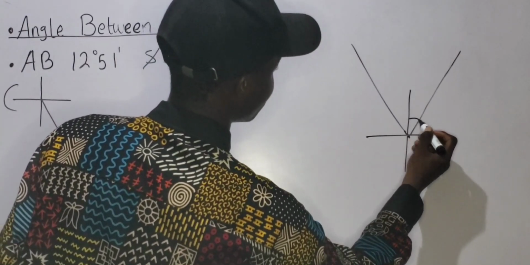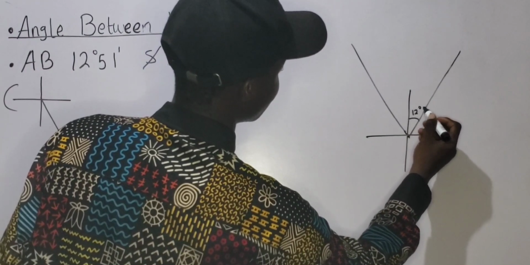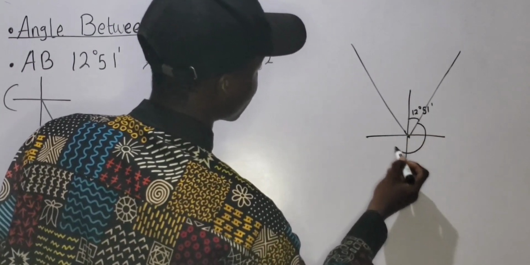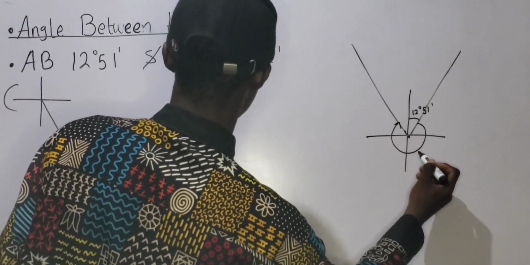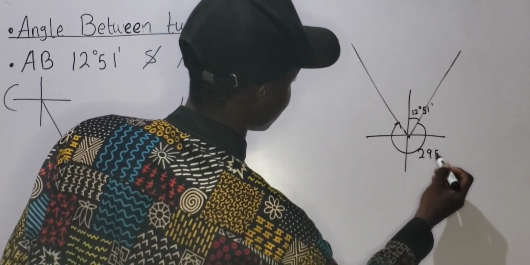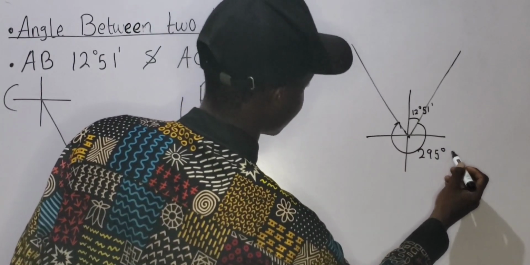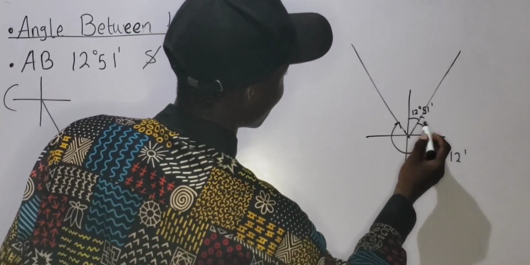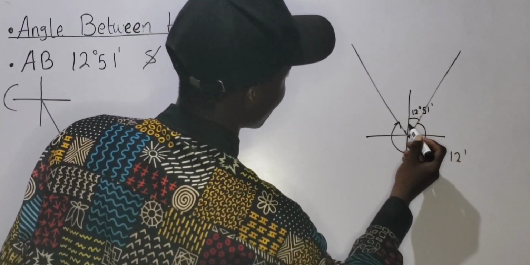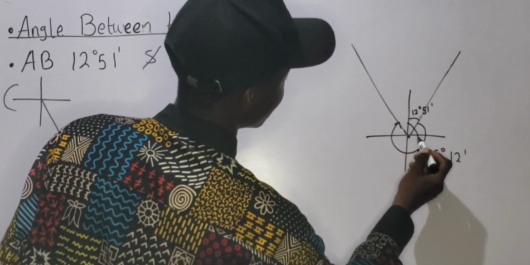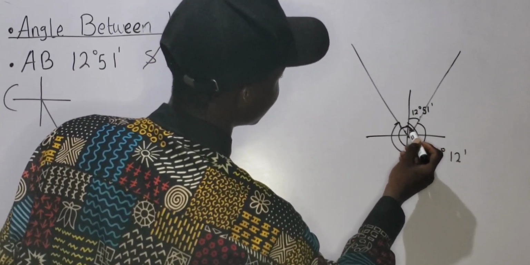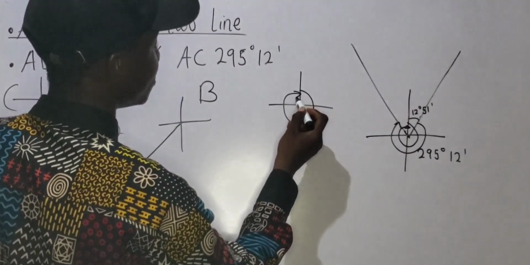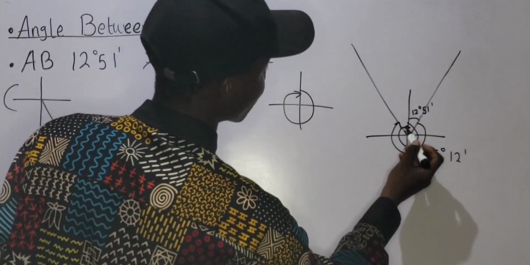And I have 12 degrees, 51 minutes. And I know that from this point to this point is 295 degrees, 12 minutes. Now, don't forget that the total angle here is 360 degrees. Is that not it? That is, if you have something like this, the total angle is 360 degrees. So I know that from this point